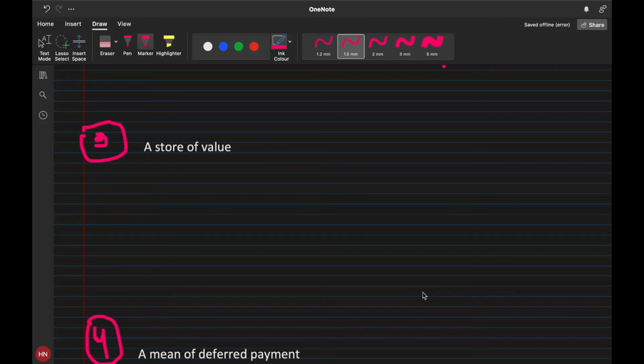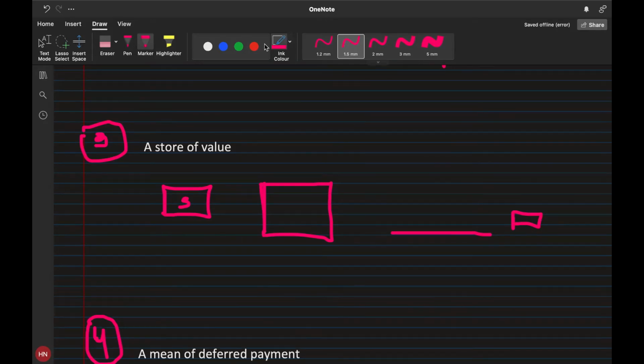We have the third one, which is the store of value. So let's go through different forms of wealth. Maybe we could store our wealth in the form of money, right? That's one way. Maybe we could store our wealth in the form of bonds and stocks. That's another way. Or maybe we could store our wealth in physical assets such as property or gold, so let's say property, or maybe gold bars,